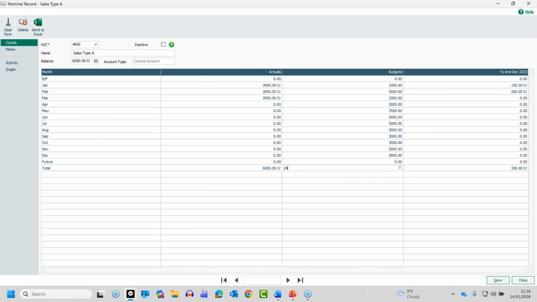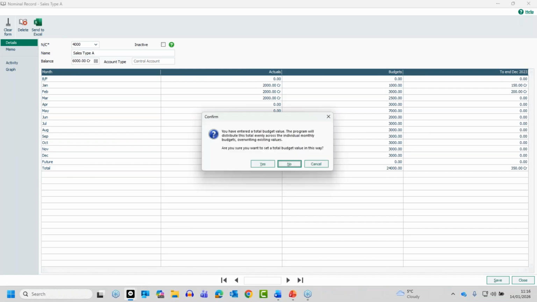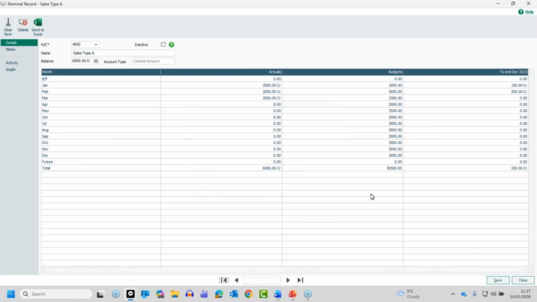Now, if I key in a value, so let's just say 24,000, which divides by 12 nicely. As I press the tab key to move out of that field or click out of that field, I'll get a message saying you've entered a total budget value and the program will distribute this total evenly across the individual monthly budgets, overriding any values that are currently there. Do you want to do that or not? Now, if I click no or cancel, I'll just be back to where I was. It just cancels what I've done. But if I do that again,